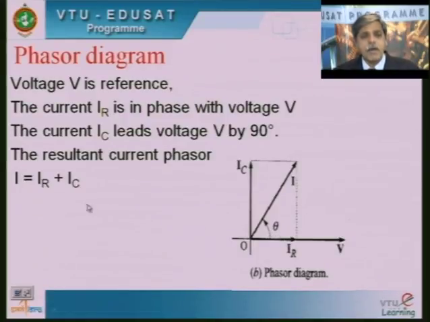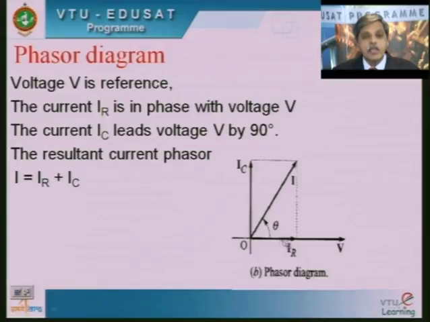If the capacitance value is such that the capacitive reactance Xc is smaller than the resistor R, then the capacitive susceptance, 1 upon omega C, that is omega C, will dominate. So the current will be closer to this vertical axis. That means among this R and C, depending upon the dominance, either the current I will be closer to the vertical axis or closer to the voltage axis.